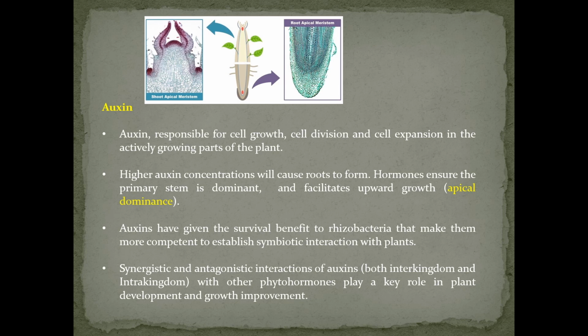Another point is the synergistic and antagonistic interaction of auxin, both inter-kingdom and intra-kingdom, with other hormones, which plays a key role in plant development and improving activities. Auxin signaling and transport are involved in stimulating growth and development, as a response route to improve access to nutrients in soil solutions. For primary nutrients like nitrogen, phosphorus and potassium, auxin plays a crucial role in boosting the development of lateral roots. In the nitrogen cycle, nitrate accumulation and